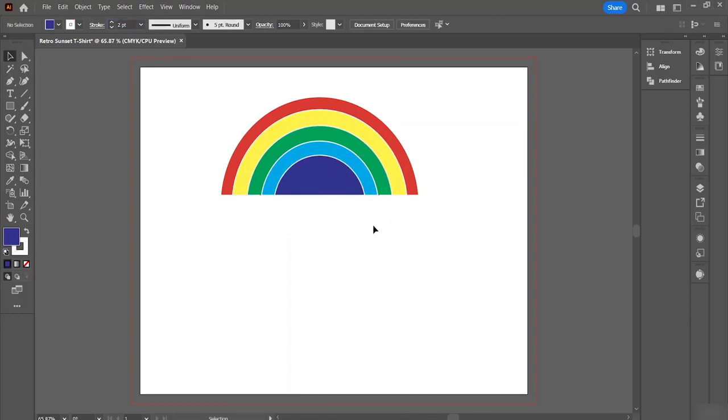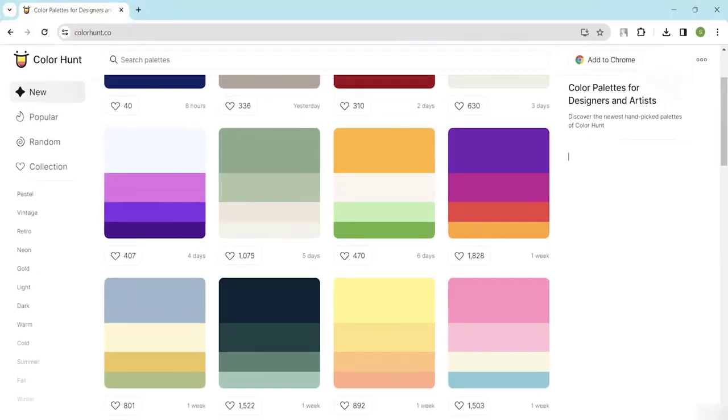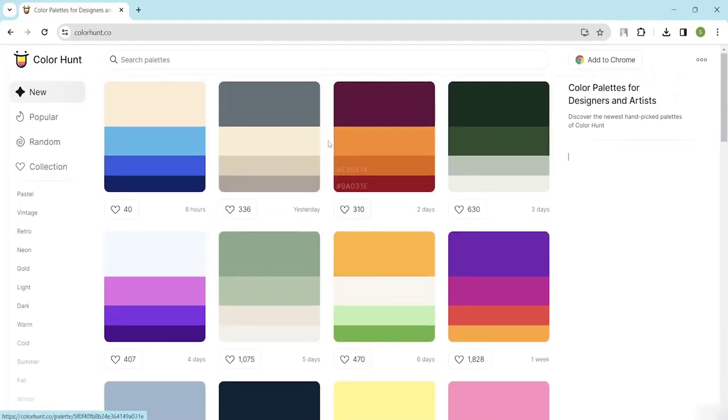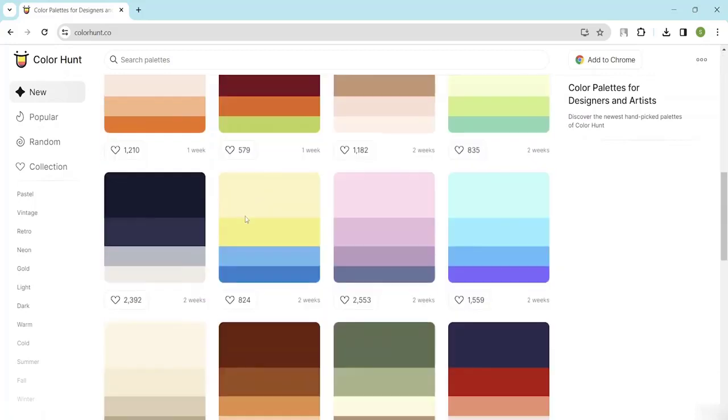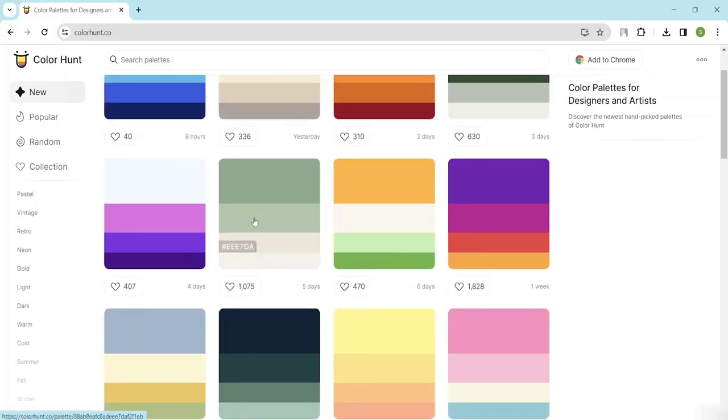Okay, so here now you guys can see that I do have these particular shapes and I will be able to use some colors onto this one right now. Okay, so now let's check for different colors. There is a website called Color Hunt. From here basically you guys will be able to see all of these colors. Okay, so if I want to bring all these colors which I want to use, what I can do is